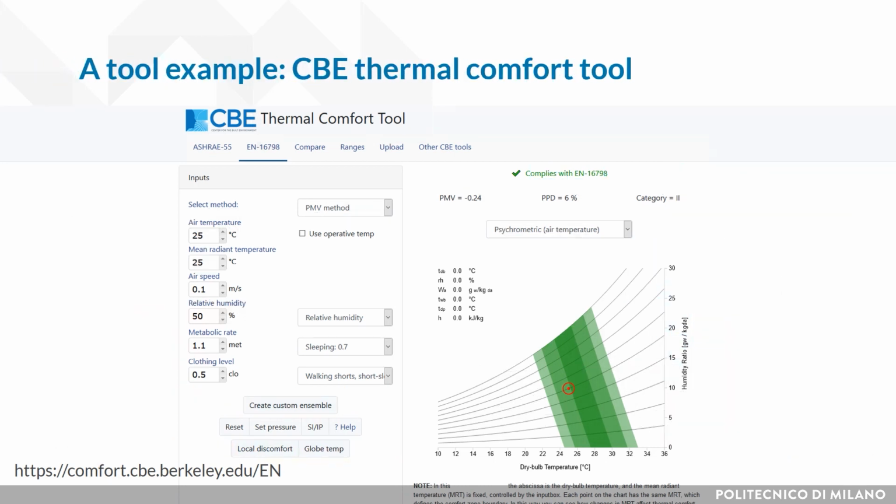Lastly, a tool that you can use. This is from CBE and it's a thermal comfort tool, and I think it's a great tool because it enables you to make some preliminary analysis of the conditions and to compare the output you would have with different standards. And it's crucial to remember that with thermal comfort sometimes it's not something you must do just because the law tells you. It's more about getting the things right, and so comparing what different standards have to say is very relevant because you may get complementary information.